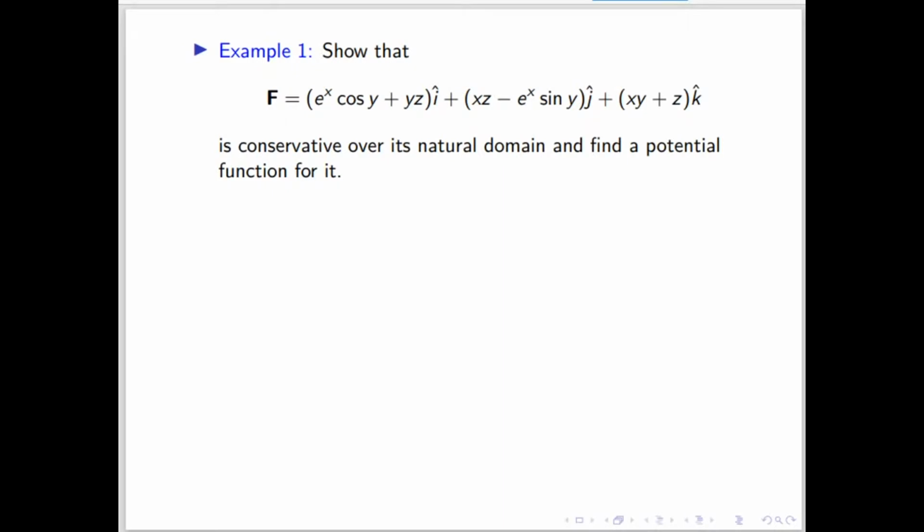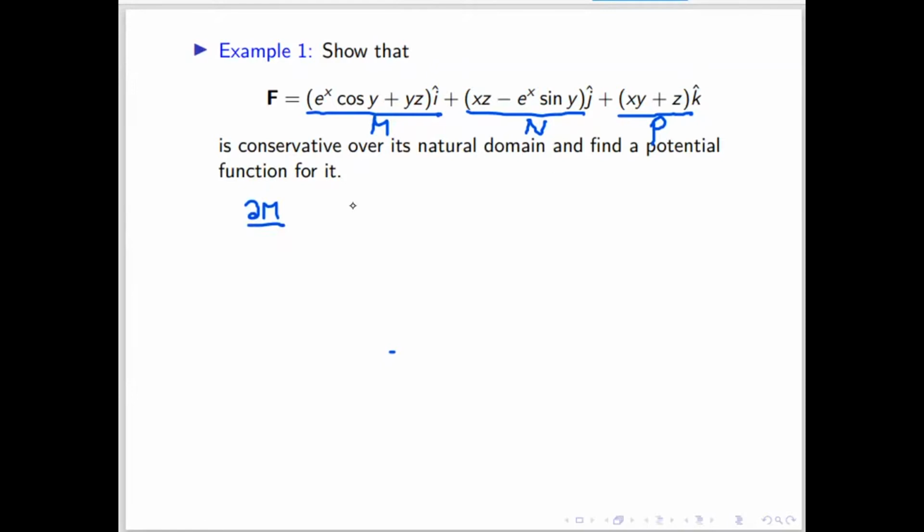So in this example, you have to show that this is conservative, and you also have to find this potential function for this field. So for conservative, we have to check that if this is M, this is N, and this is P,